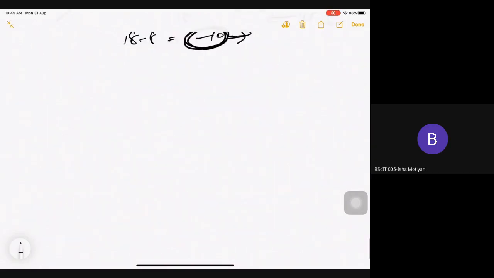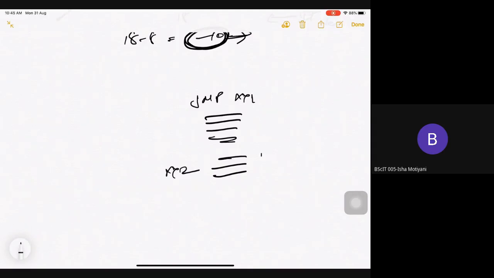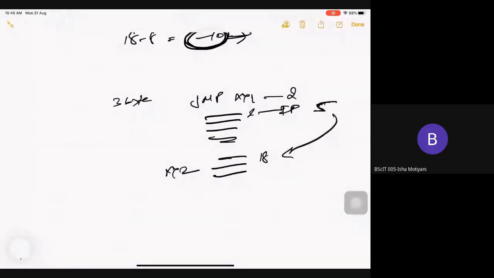In forward jump, your processor doesn't know where your next instruction is. Suppose it is on 18. Suppose this will be my second number line. So it by default considers the instruction to be a 3-byte instruction, right? So every time you are on a jump instruction, my IP will always be pointing 3 bytes later. So it will be pointing on 5. If I want to jump on 18, 18 minus 5 is 13. So I need to write down the code of 13 here, and that will be considered as my jump. Done?